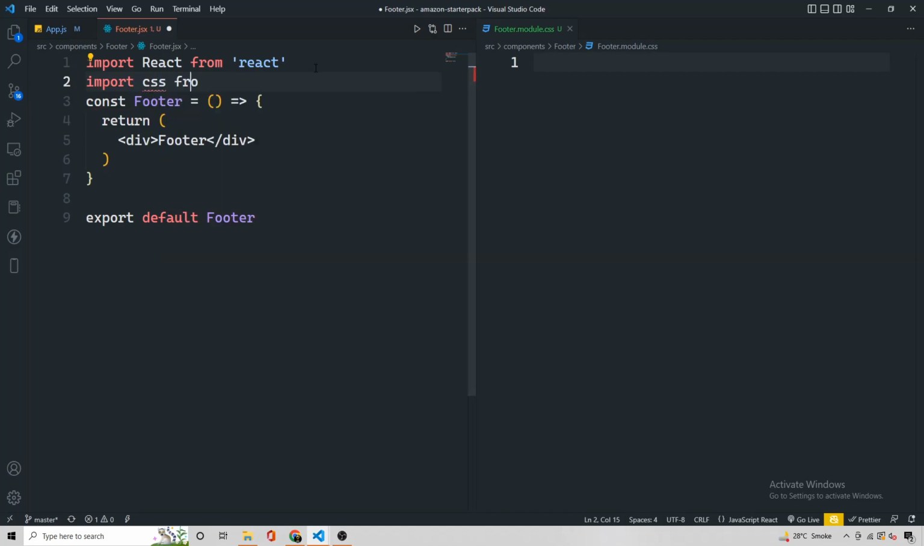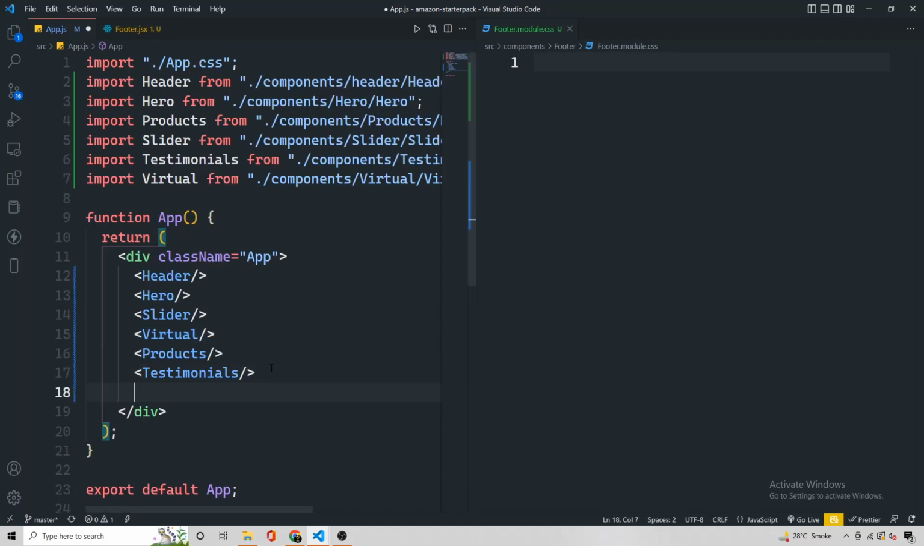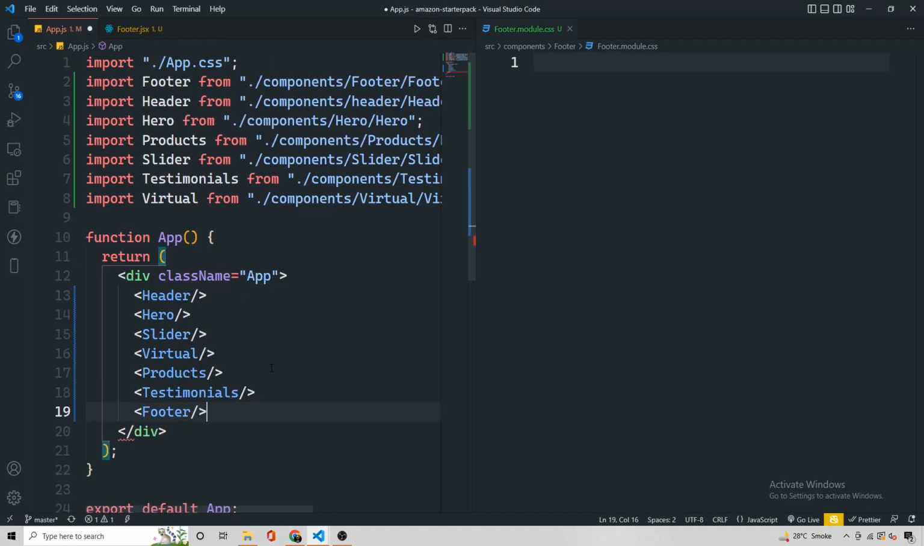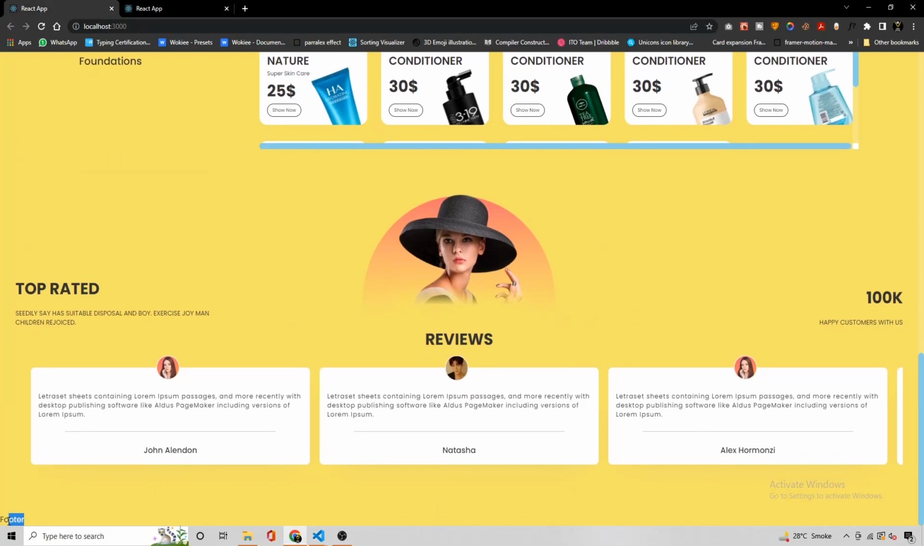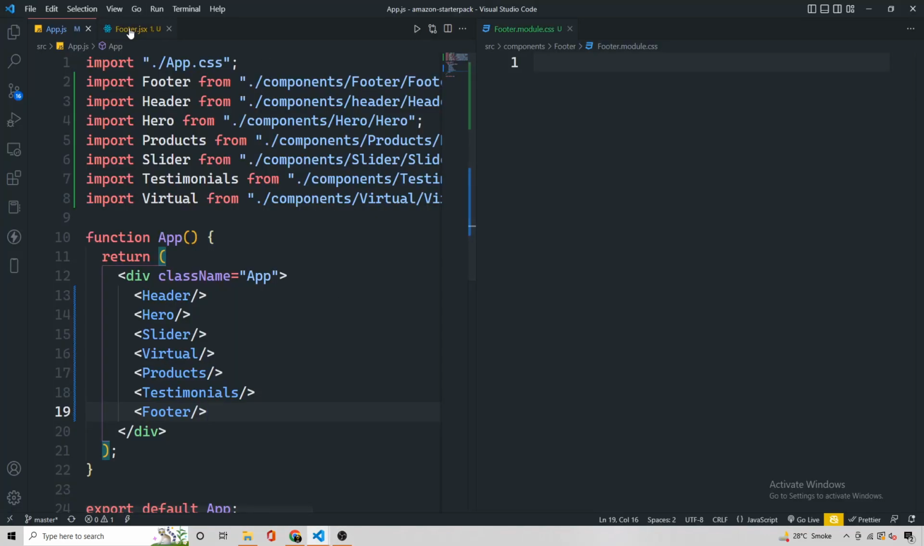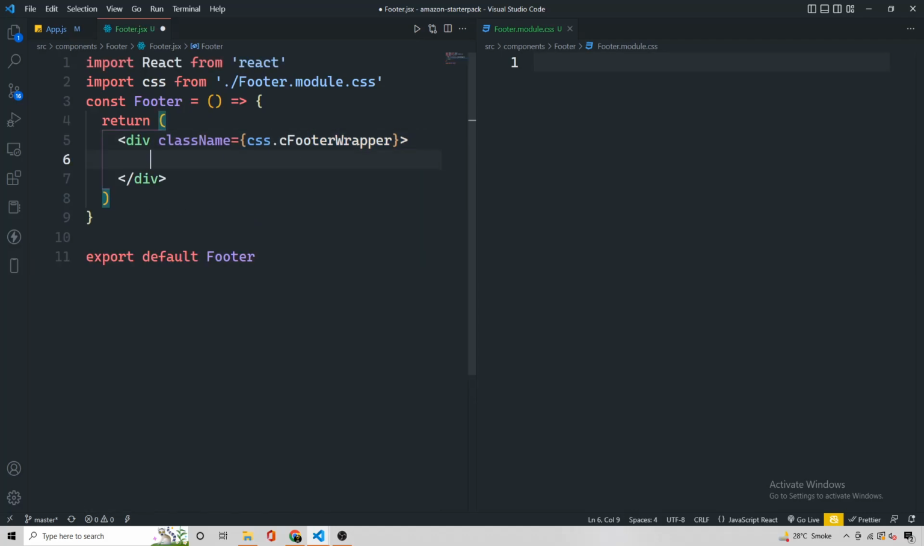Import css from the same folder, footer dot module dot css, like this, and inside the app.js after testimonials, finally include the footer one, and yeah, there is the footer. Okay, so just remove this one, and first of all make the css c footer, and then inside this wrapper